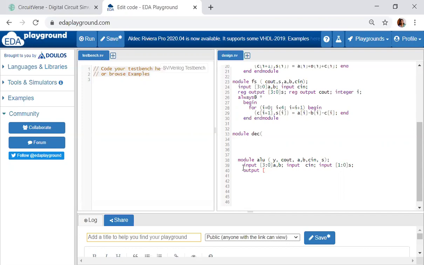So here it is again, 3 down to 0 Y. Then I have an output C out. So all this is defined. Input A, B, C in, S, output C out and Y.